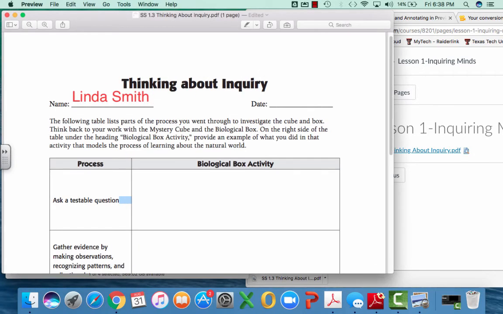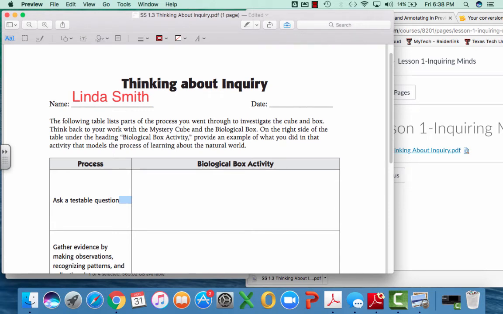Another way that you can interact with your document, actually on your screen it's going to be a pen. Here it looks sort of like a box, but it's called the Markup tool, and you're just going to click on that, and that will allow you multiple different tools. So if you can't get it just to work to click to get a text box, then you can click on the Markup tools,